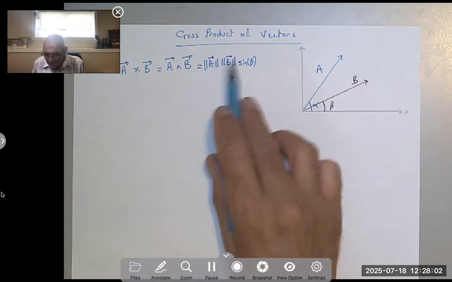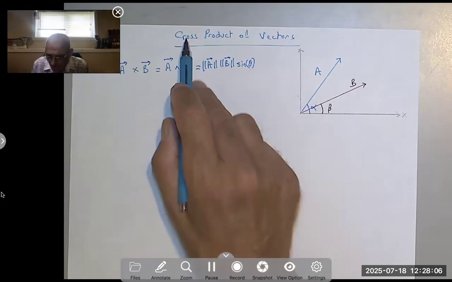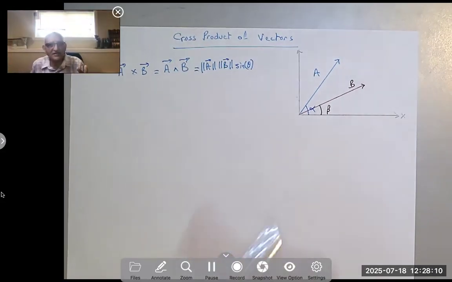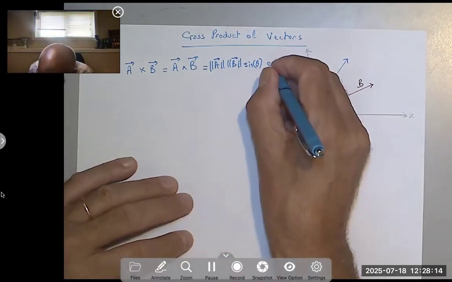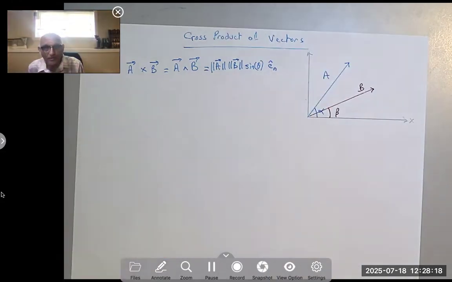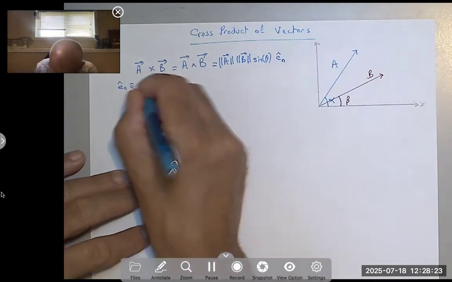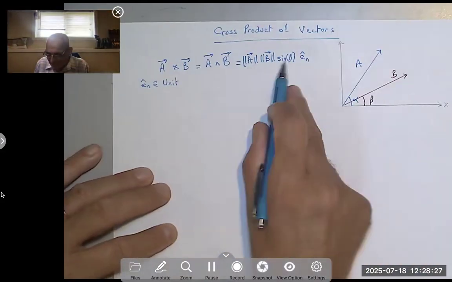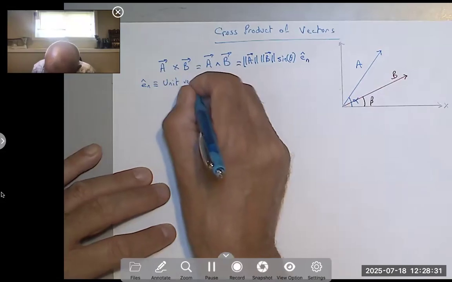That's a number, that's a number, that's a number, so that's a scalar. And you said it's a cross or vector product of vectors. So how come you make the scalar a vector? Yeah, we are going to multiply it by a unit vector normal. So n here means normal. This E sub n is a unit vector, meaning a vector of magnitude 1. So the magnitude stays AB sine theta, unit vector,